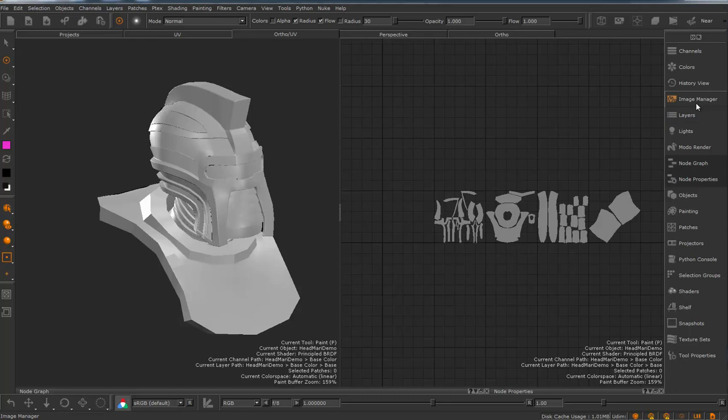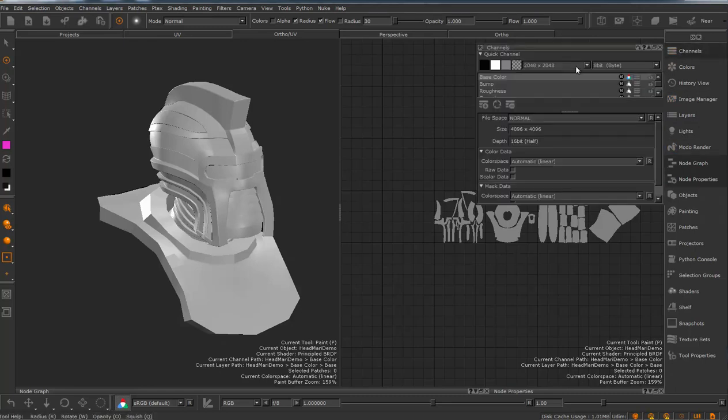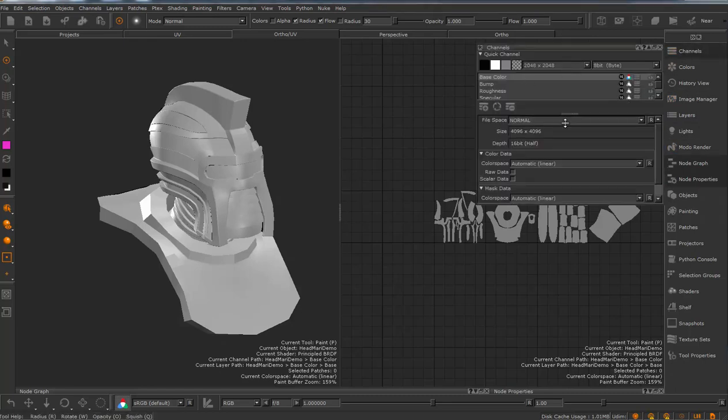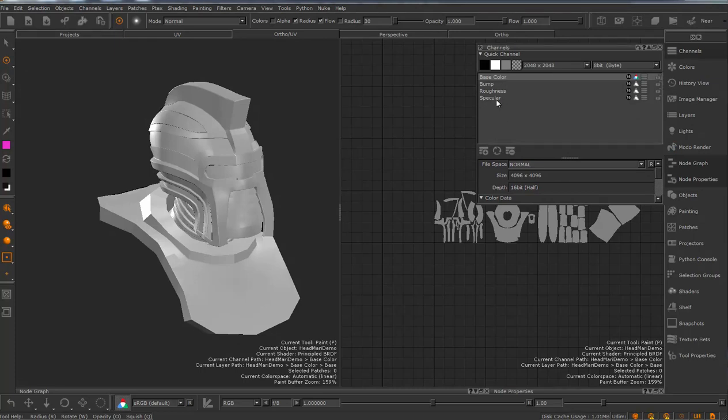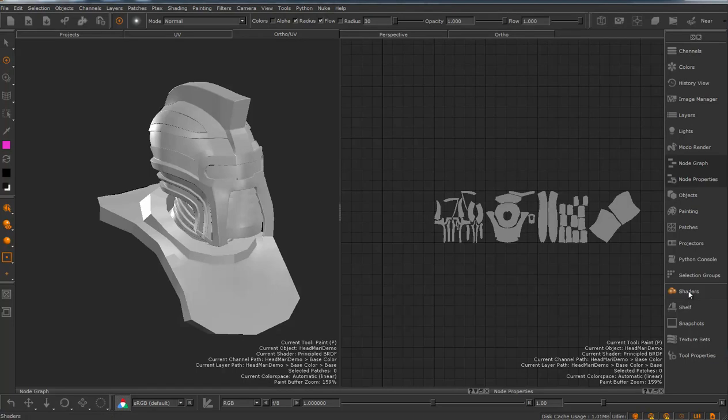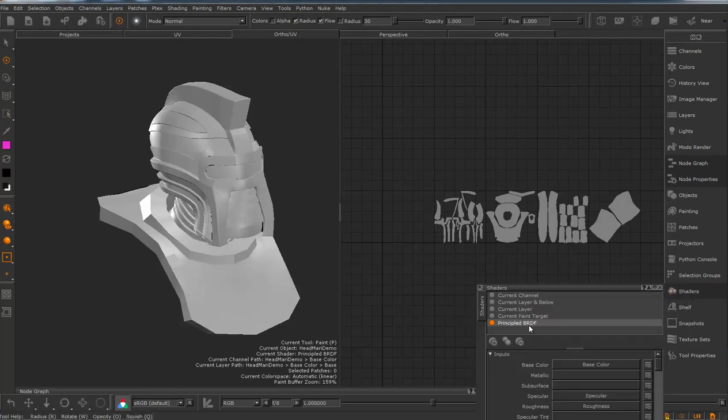And what we're going to do is check out our channels. Okay, we've got all of our channels. These are your different textures you're going to make. We're only going to make base color and bump. And then if I go here to shaders, we're on principled BRDF. That's kind of a nice default one to use. And you can see here,